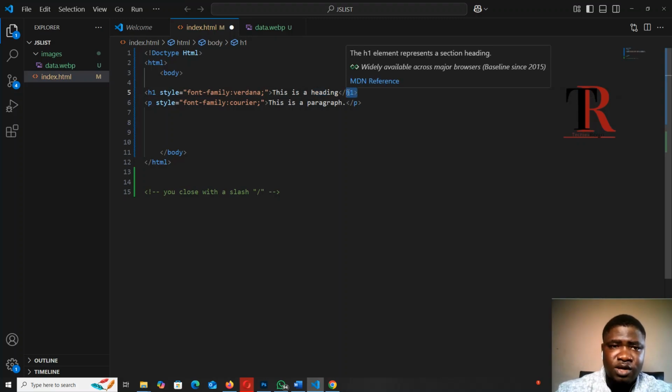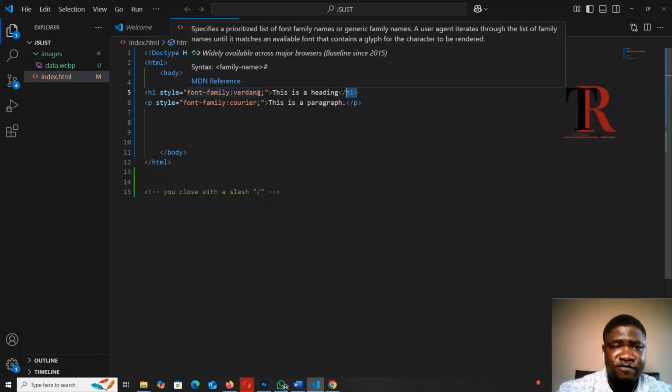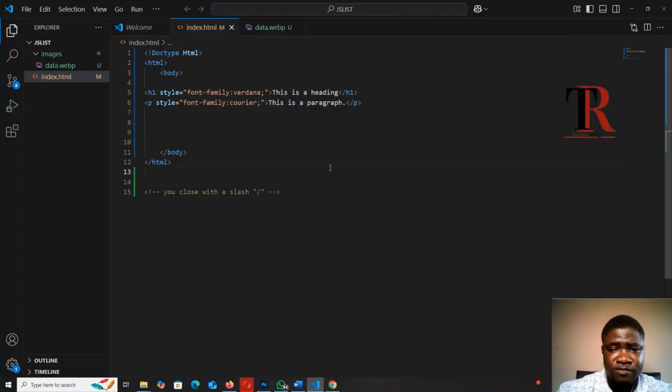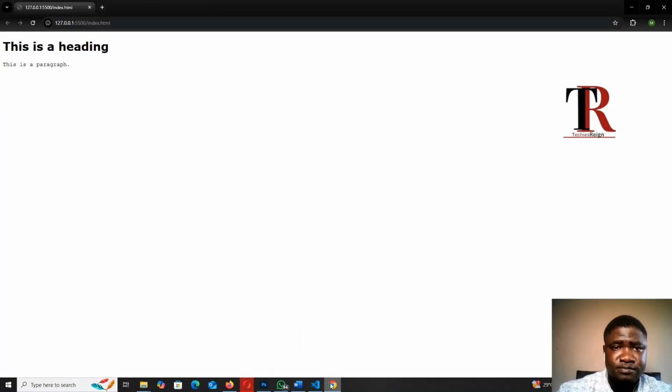Except for tags that are self-closing or elements that don't require extra text, you have to close your tags when you open them, so you avoid bugs in your code. Now here we have Verdana as a font family, and we have Korea down here. Let's save it and come down here, and you see what we have on our screen. We have this heading and this paragraph having different